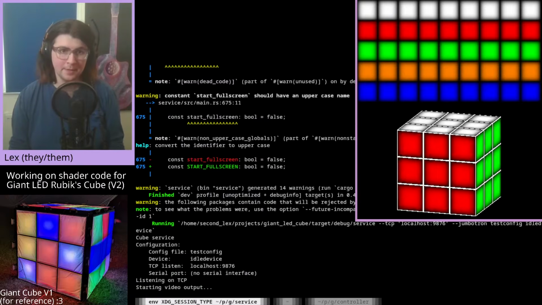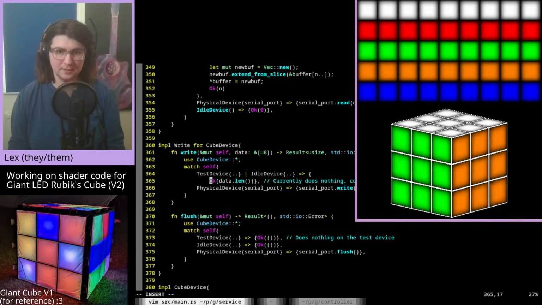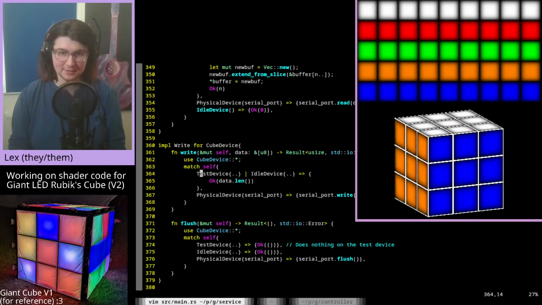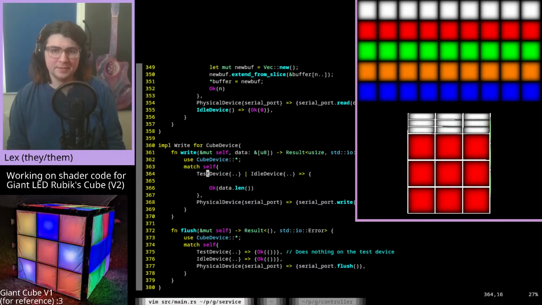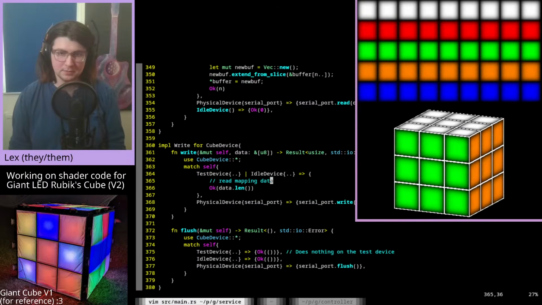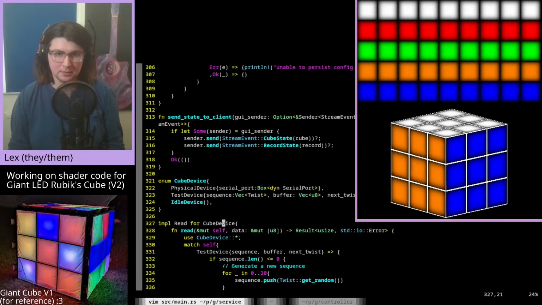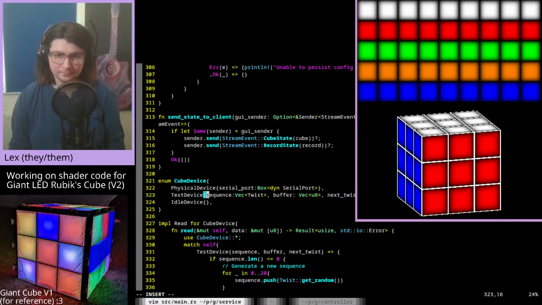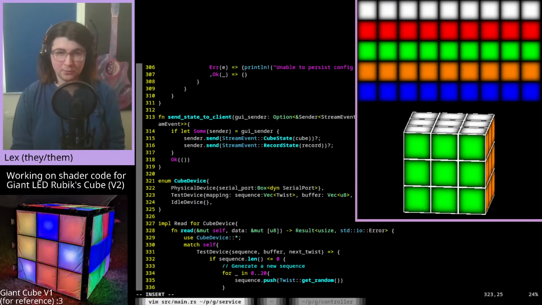Okay, I'm back to that. Cool, so that works. So, instead of just saying, yep, that's worked, we do need to actually display some useful stuff here. So, the test device and the idle device are both going to need to read the mapping data, which means they will both need to know a mapping. And that map will want to be